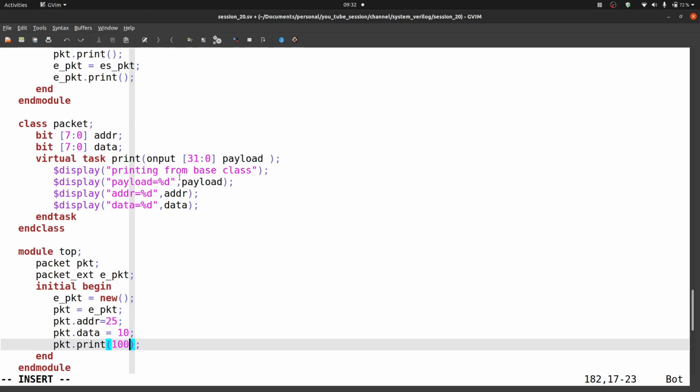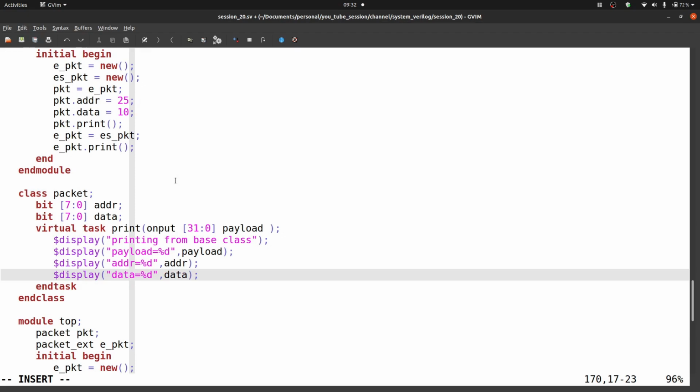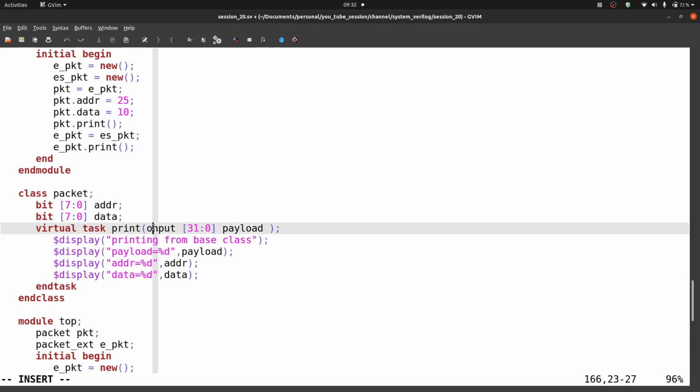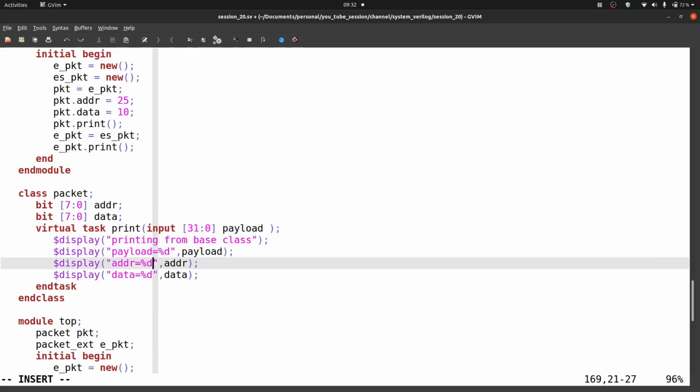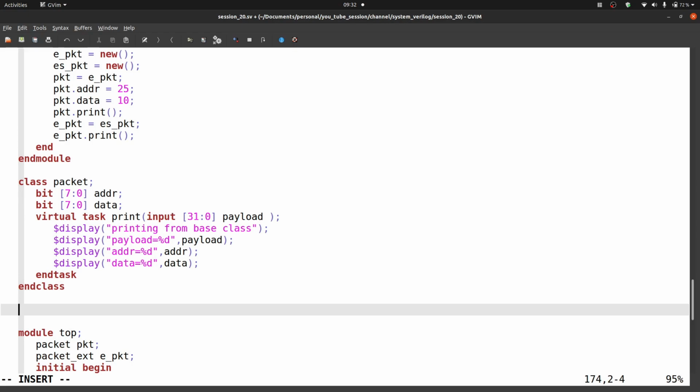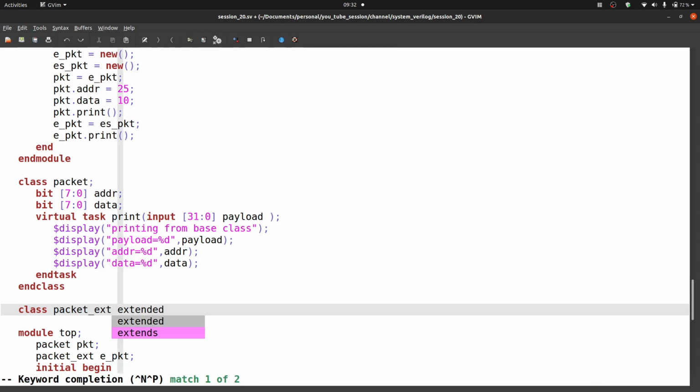So in this example what we have done, that was my parent class. We also need some child class, so class packet_ext extends